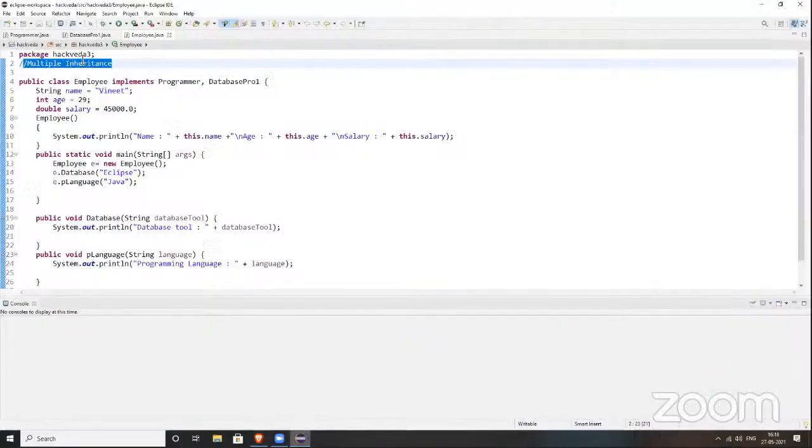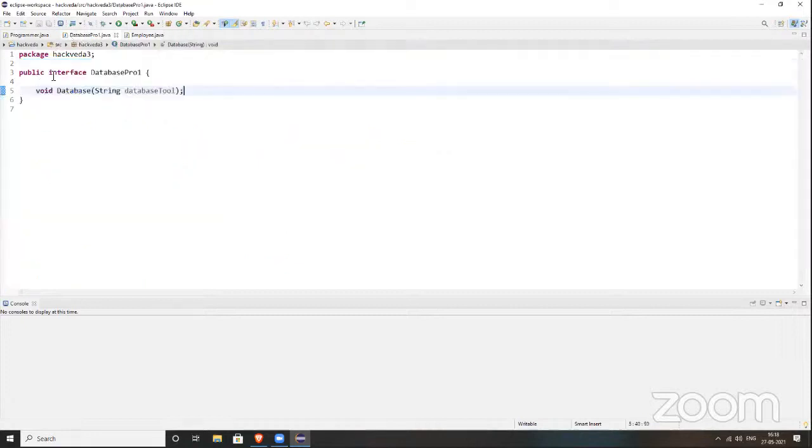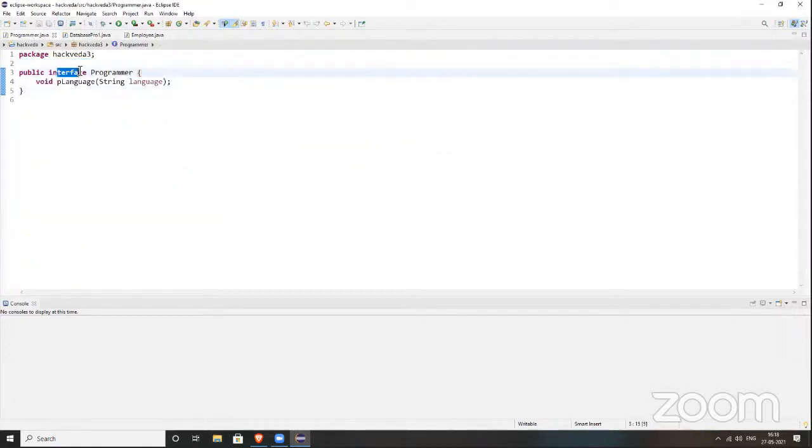But I did it according to the diagram. If you reverse it, I thought it is multiple inheritance, so I used implements, and I used that constructor also. In case of multiple inheritance, we should use an interface, right? Yes, a class cannot do it, so I used an interface. Okay, then it's correct.